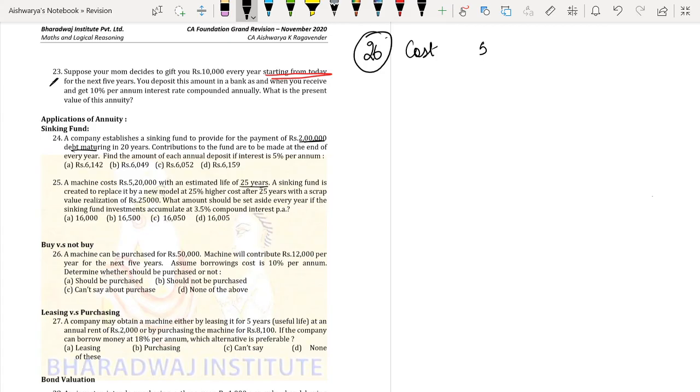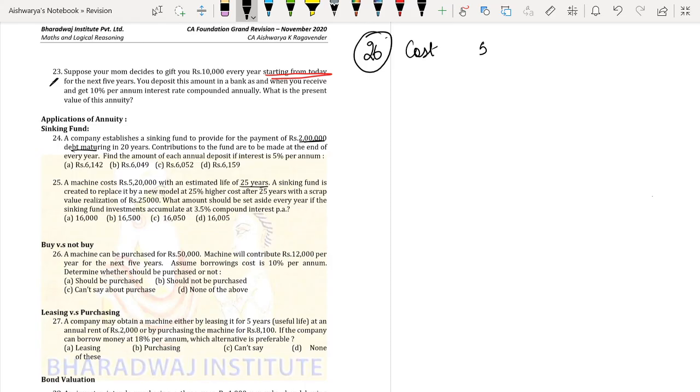So what is the present value of these future contributions? The benefit is nothing but the PV of the contributions from the machinery, because cost is already at present value. Cost is already at PV because it is at time 0. So now let me find out the PV of the contributions. So how do I find the PV? It is nothing but using this formula,